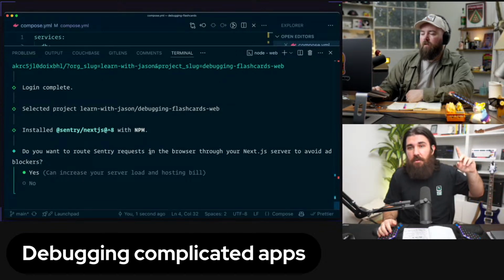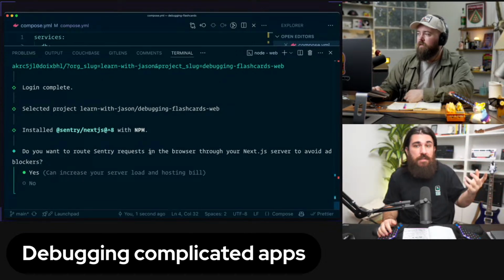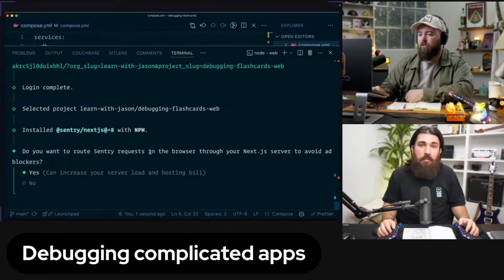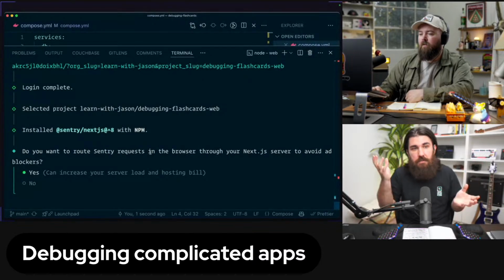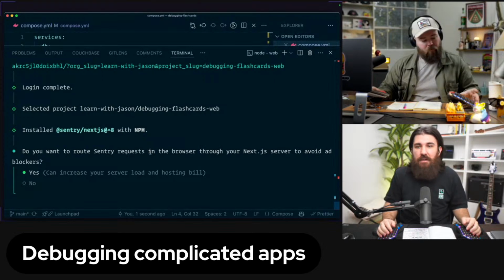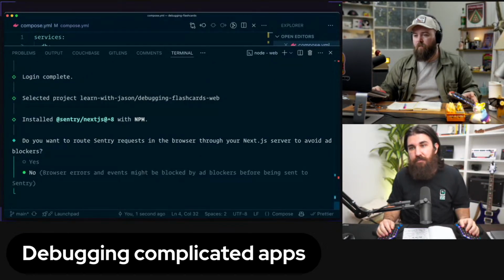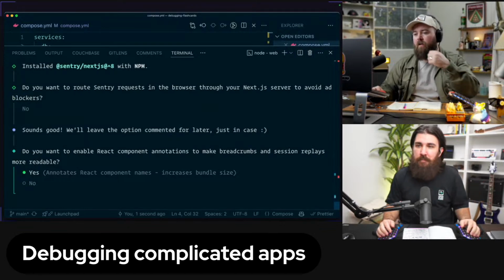But that means if you, for example, host this on Vercel on serverless, that means more traffic, more serverless function executions, and that means more money. So have that in mind. It always depends, right? In this case, we don't want to do that, but if you wonder what that is, that's what it is. Got it. Proxy, yeah. Got it.